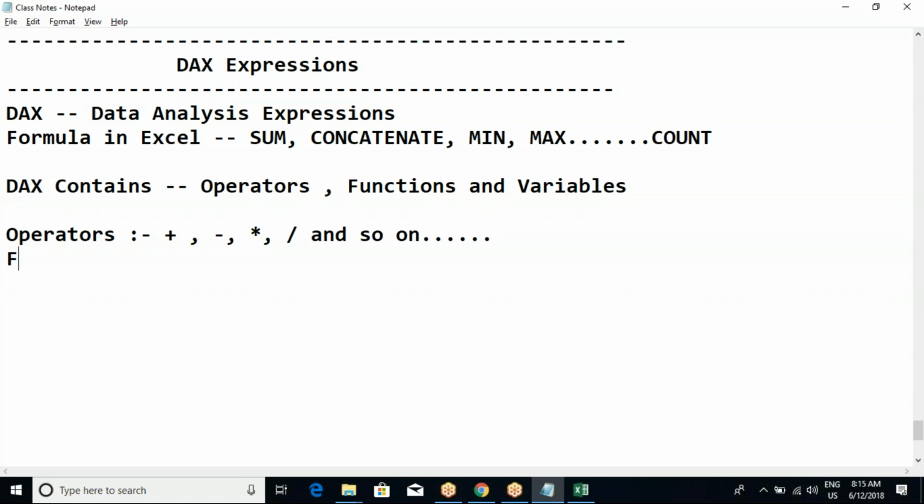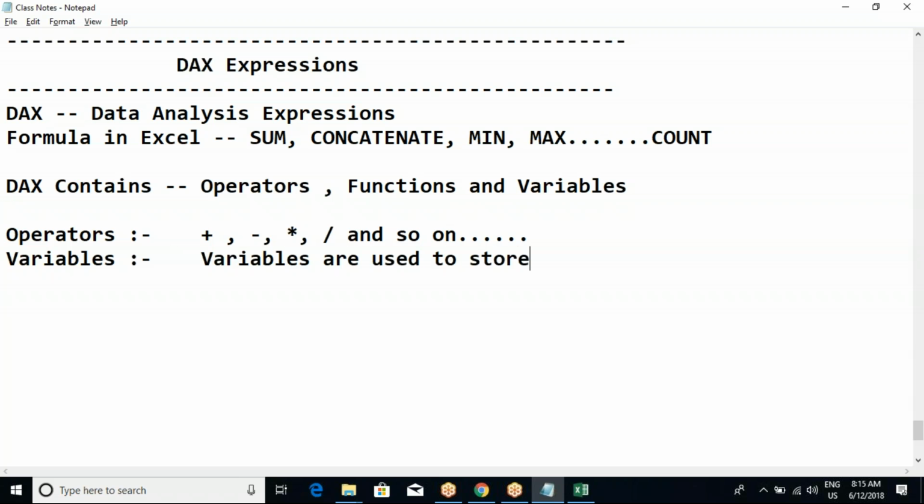Now same way, for example, variables. Anyone tell me what is variables? Maybe C language, C++, Java, wherever you go, you will get a variable concept. What is the use of variables? Variables are used to store the values. Yes or no? And the main important thing is to reuse those variables